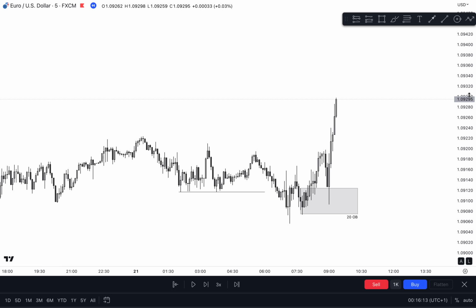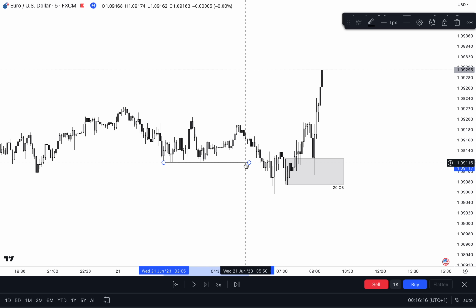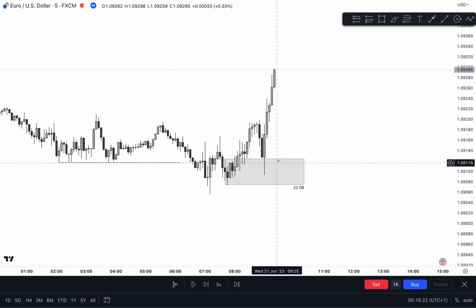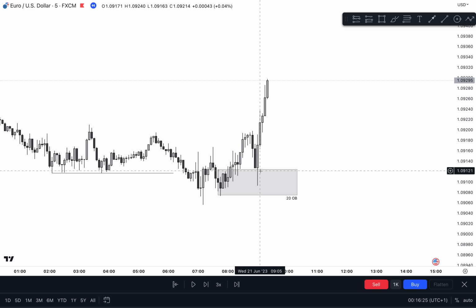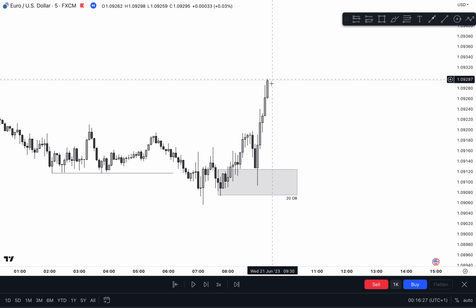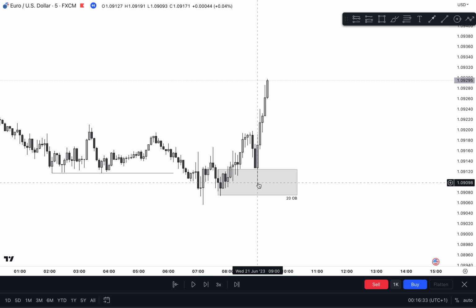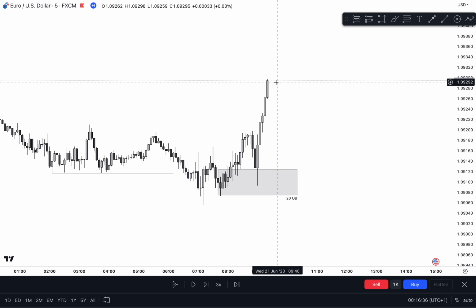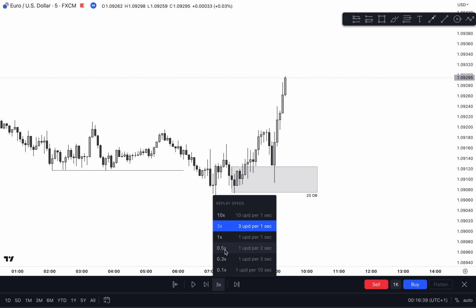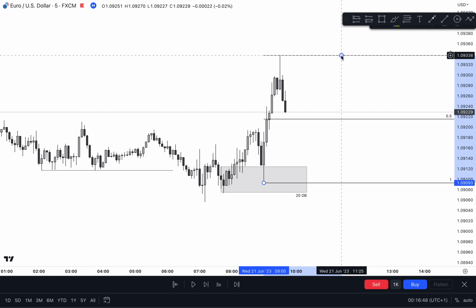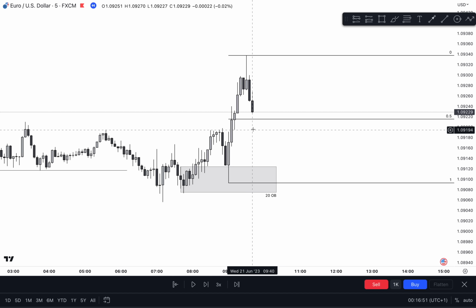So how you would mark out your fib is, you notice you've got a discount array respected, and then the next thing you're going to wait for is a retracement back. Once you've had that retracement back, you'll notice a swing high is created above here, and then what you will do is drag your fib from here up to that swing high which is created. So let's see if that's actually the case. Okay, so you've got your swing. What you would want to be doing is buying below the 0.5 price